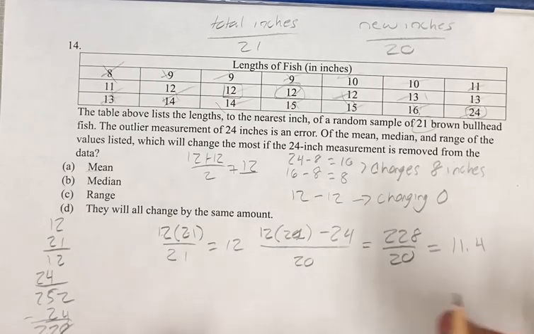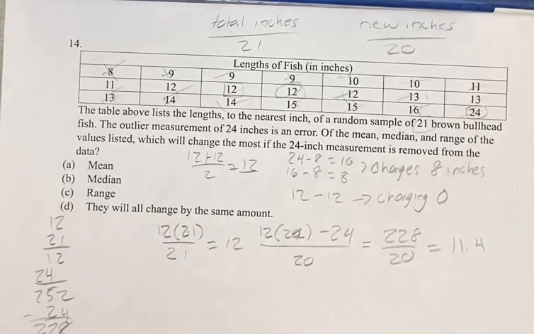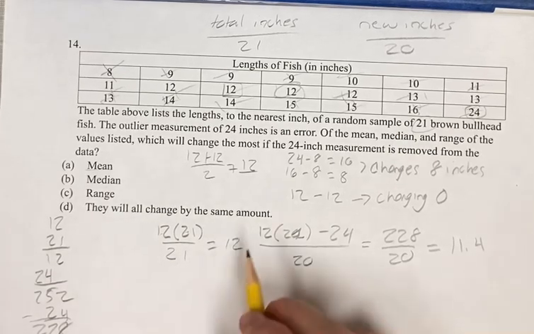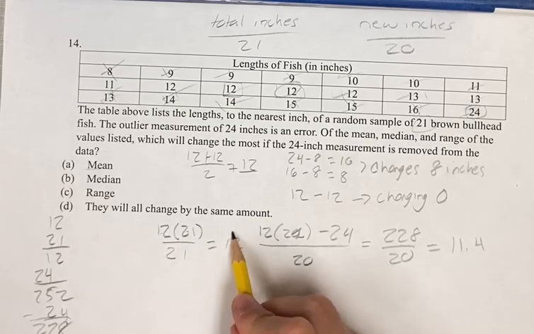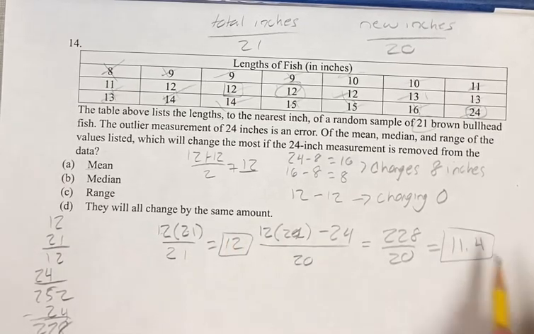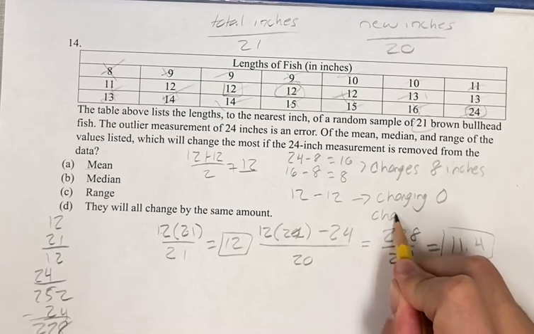So we don't know that we're starting with 12 inches. But if it's anywhere close to 12, then the difference by getting rid of the 24 is going to be roughly the same. And the difference is going from 12 to 11.4, so it's changing